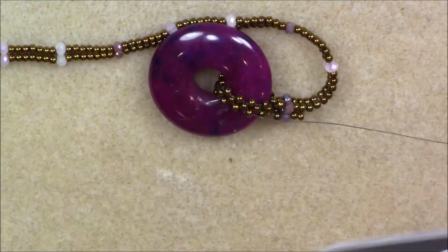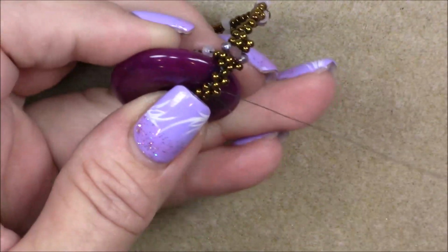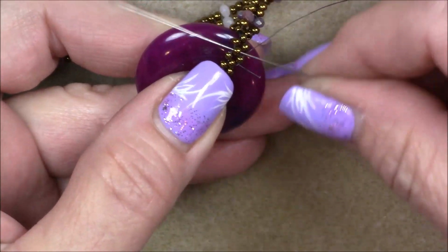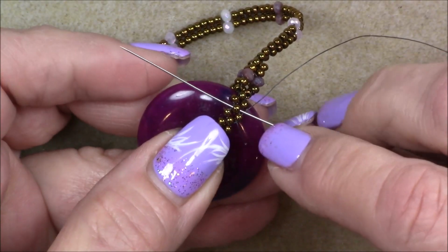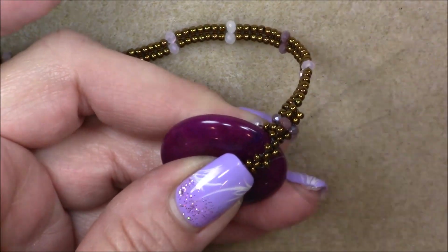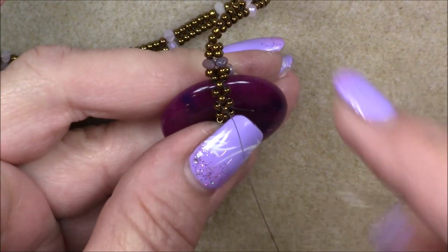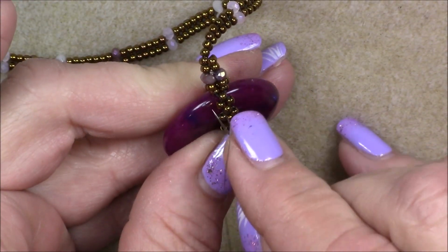I'm just going to cut it somewhat off, and then I'll burn that down so that at this point it's just not in my way. Then I'm going to go up here into this bead right here. So I've sewed around this entire unit of right angle weave, and I'm just going to go up into this bead, and then I'll go up into the next unit of right angle weave. So right above it, these 4 beads here, I'll sew this way,